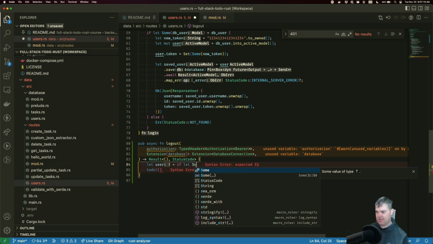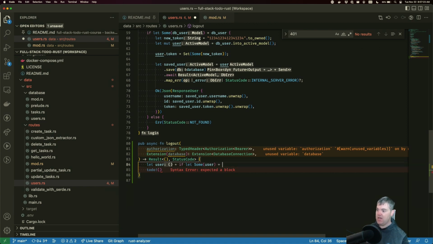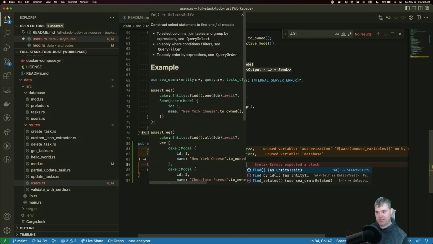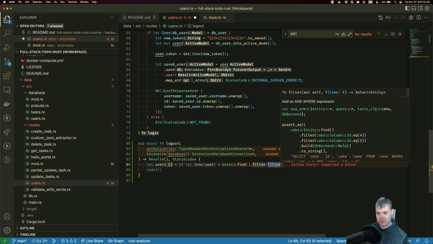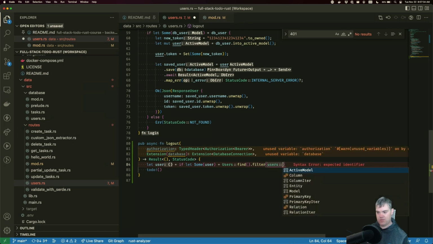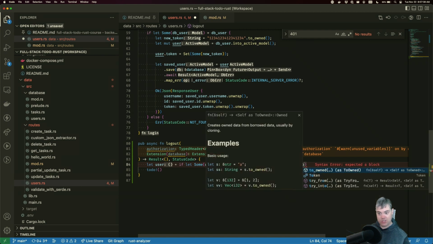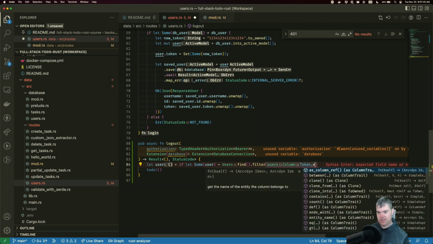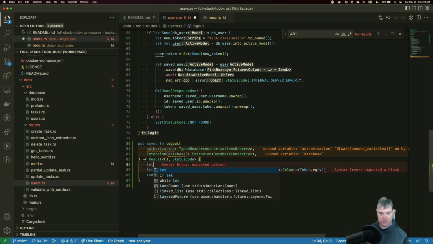So if let Some user equals, we're going to use Users. We want to find, we're going to filter Users column. We want this by the token. Token to be equal to, well, we need the actual token here.